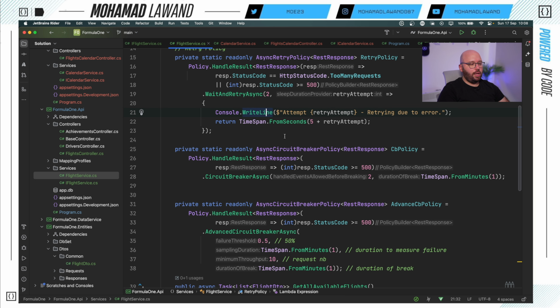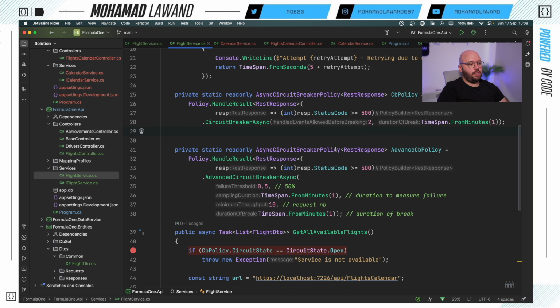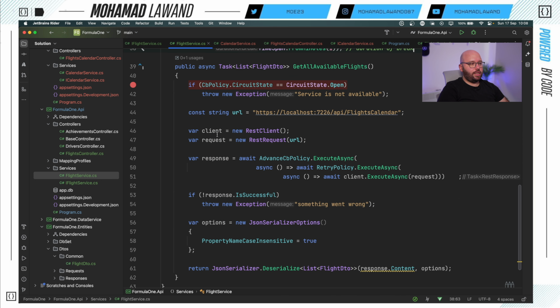As for the normal circuit breaker policy, we have said that we're going to implement it only for 500. We said that we're going to handle it for 2, and we have specified the certain amount of time that we want to have the circuit open. And here we have the advanced circuit policy, where also we're handling the REST response. We're handling it only for failures, and we have specified the configuration for advanced. And all we have done inside my service is utilize Polly in order to utilize the circuit